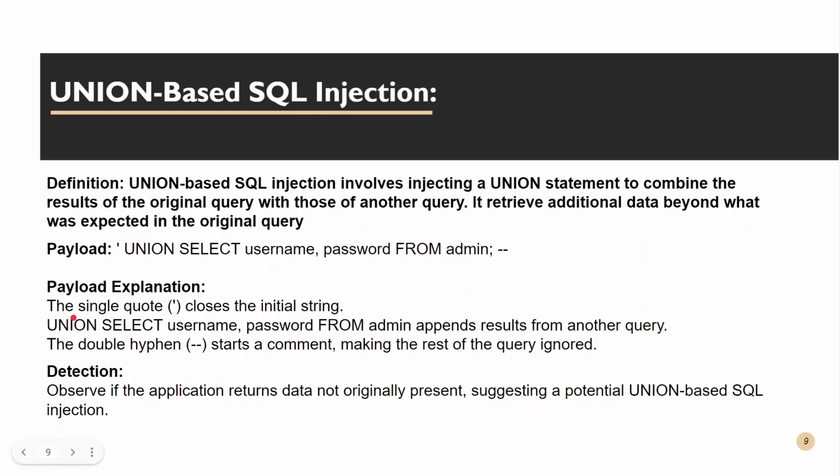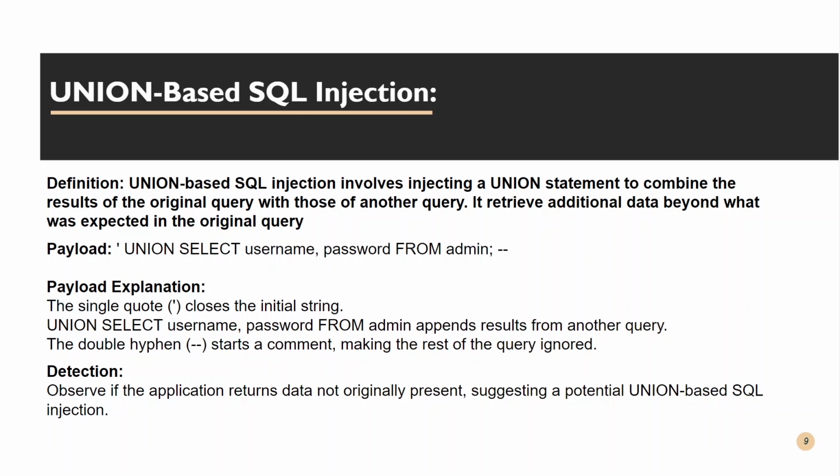So to just explain this, we have a single quote that closes the initial string. We have UNION SELECT username, password FROM admin, which appends results from another query to the previous query we have. Then the double hyphen starts a comment, making the rest of the query ignored. In order to detect SQL injection in this scenario, observe if the application returned data not originally present,